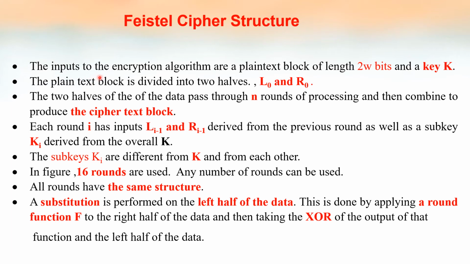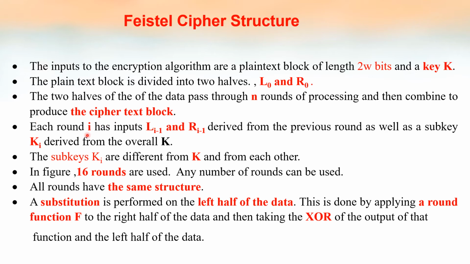That is, first the plain text. The inputs to the encryption algorithm are a plain text block of length, say, 2W bits, and a key K. The plain text block is divided into two halves, the left side L0 and the right side R0. The two halves of the data pass through n rounds. In this example we have seen it is 16 rounds of processing, and then they are combined to produce the ciphertext